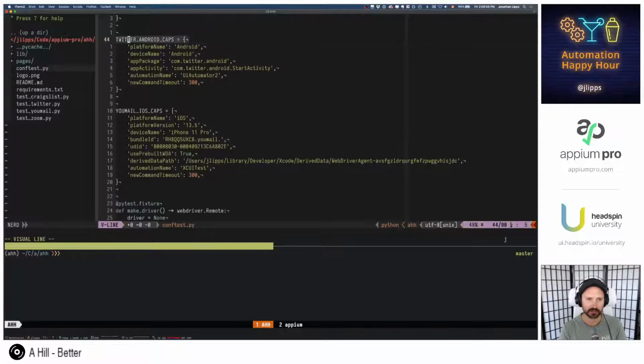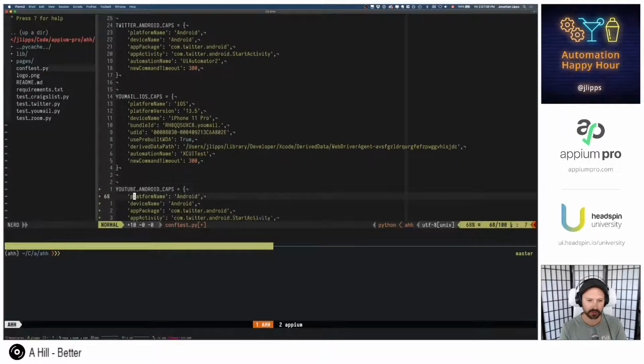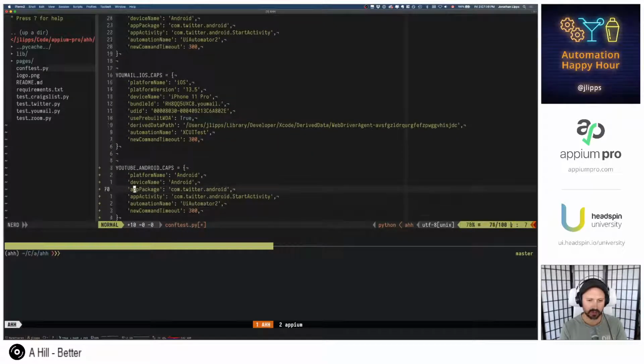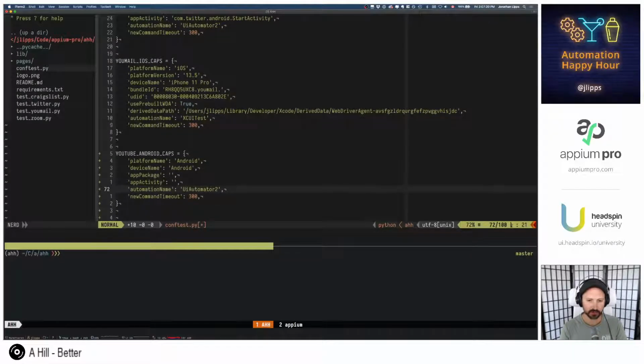I'm going to take the last Android thing that we did and put it here. And we'll call this YouTube Android capabilities. Now I don't know what the package and the activity are, but we can hopefully figure that out. The rest of the stuff should be the same, using UiAutomator2.